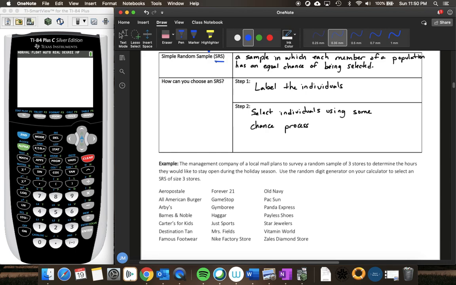Step 2 is that you're then going to select individuals using some chance process. And by chance process, we've got a few different things that can be. For the most part, I'm just going to share with you the graphing calculator. There are some other methods as well that we'll kind of discuss, but graphing calculator will be our primary way